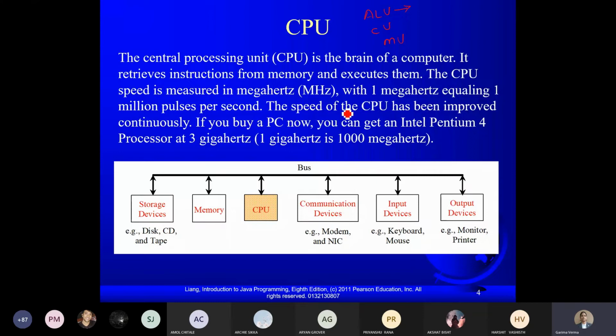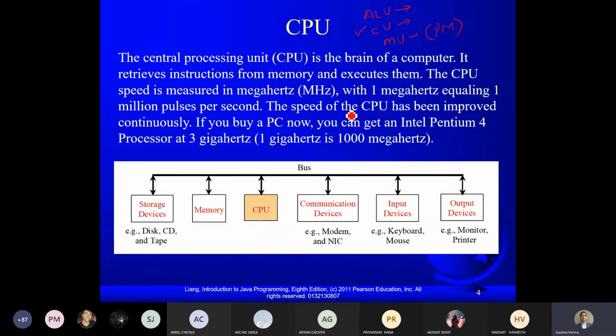Fine. Then control unit, it is a signal unit which actually collaborates between the attached devices of the CPU. So whatever signal is required to be generated, or whatever command is required to be given to a particular device, is actually given by the control unit. For example, read, write, store, load, all these commands will be given by the control unit. Then memory unit is basically your primary memory, referred to as RAM. So this is the memory unit which is also a part of CPU. Fine.